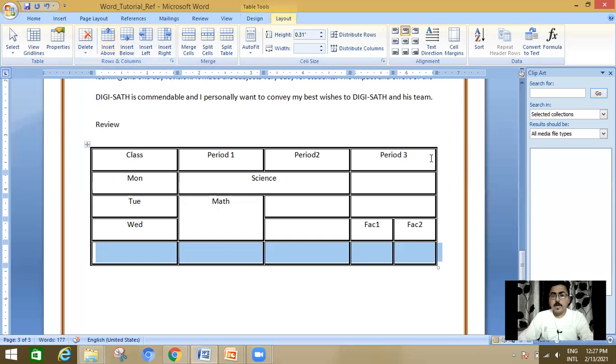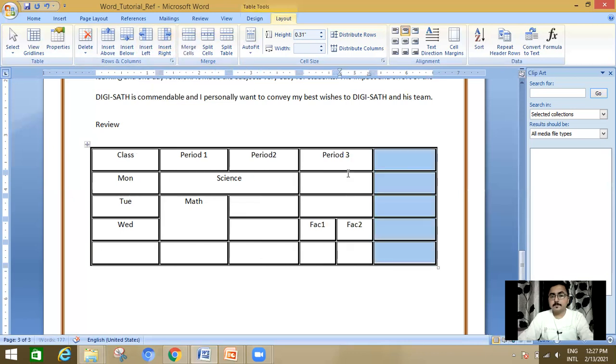Now, if you want to add a column, then click on a particular column, go to the layout tab. In the rows and columns section, insert left or insert right buttons will appear. Click on insert right. Now the new column will be added in your table and you can do whatever you want.